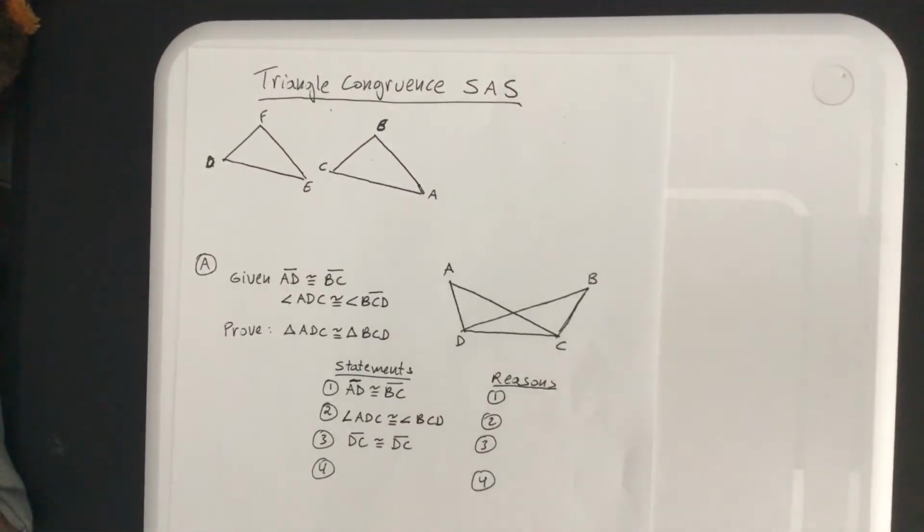Alright, welcome back. In the last video, we talked about triangle congruence by side, SSS. Now, in this video, we're going to be talking about triangle congruence by SAS. That's side, angle, and side. Now, let me explain this. If you have two triangles,